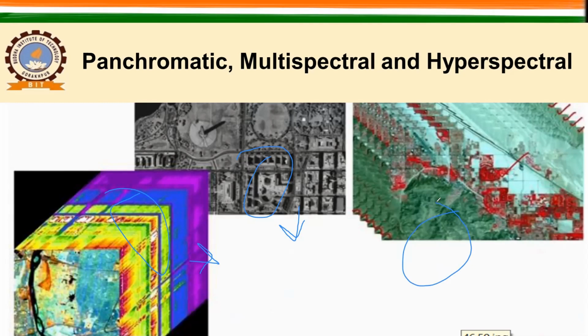But remember, in multispectral we never bother about the gaps in between, so we have some gaps that are basically not resolved here. In the next one, this is the hyperspectral remote sensing data, where you have hundreds or thousands of bands. Wait a second, I guess the image is not clear to you all.